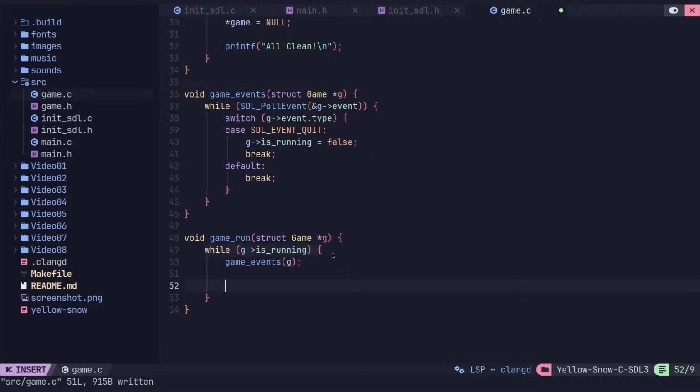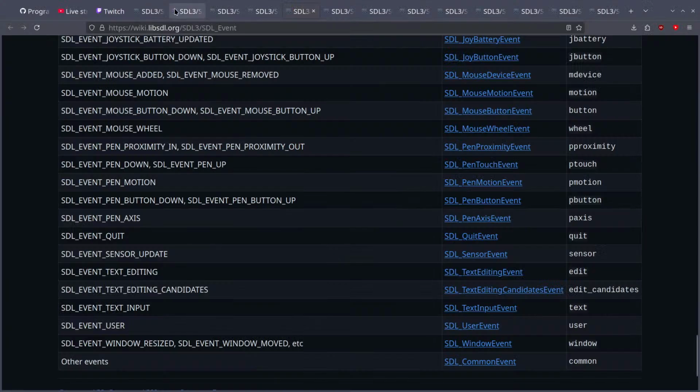But we will do delta time later on in the final video. Right now, this is just going to be good enough to run it at about 60 times a second. Otherwise, we're just going to run the CPU up. So we have this